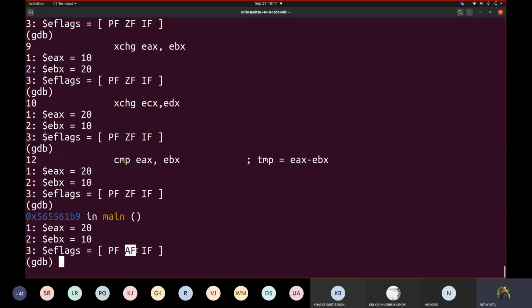So why is it so? 20 minus 10, EAX, EBX. So it is compared. After you subtract this, what really happened there? Why did this auxiliary carry come in between? Because 20 was bigger than 10, correct? So that's why